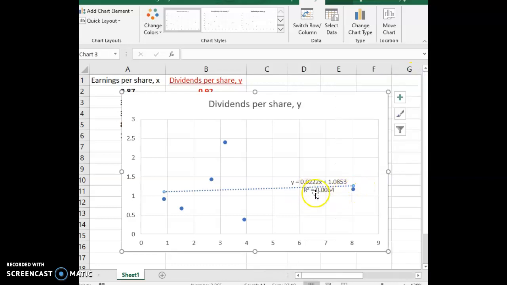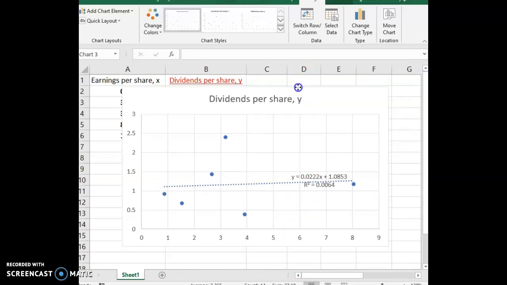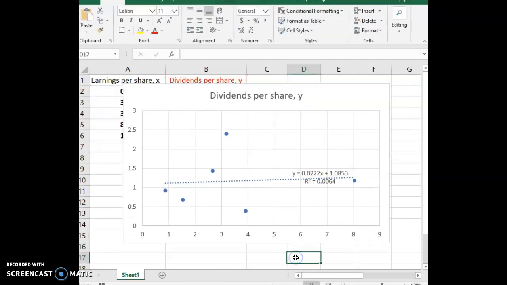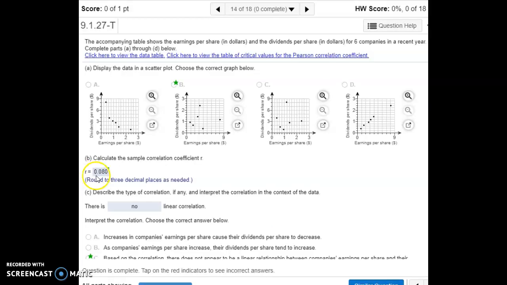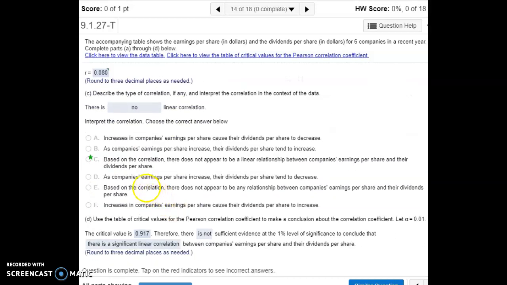And it displays r squared for us. Now we just want r, so we're going to take the square root of what r squared is. And here is what r is. It's pretty close to 0. And values close to 0 indicate that there is no linear correlation. So based on that, there does not appear to be a linear relationship between our two variables, earnings per share